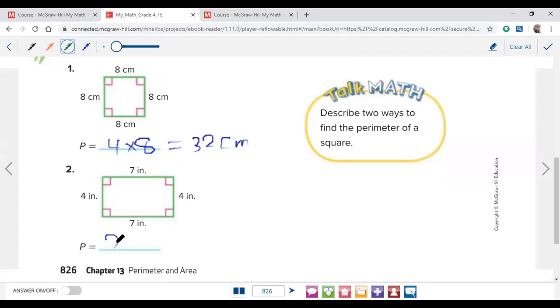I have to write here 2 times length. What is the length? You can use 4 or 7, any one of them. Okay, 2 times 7